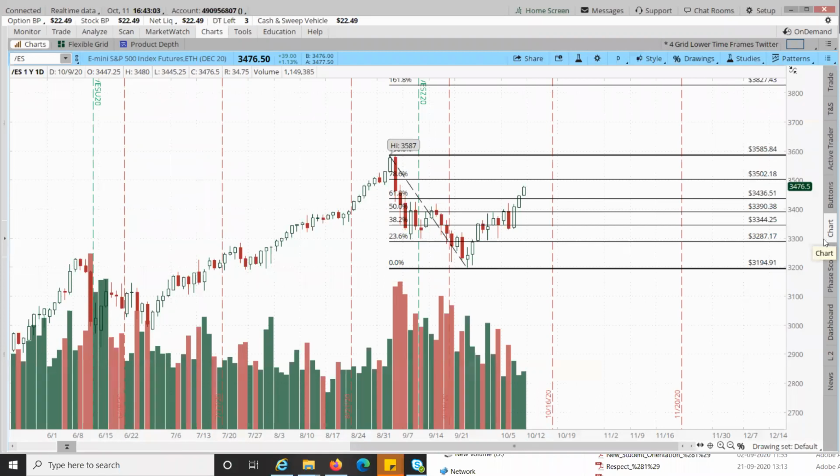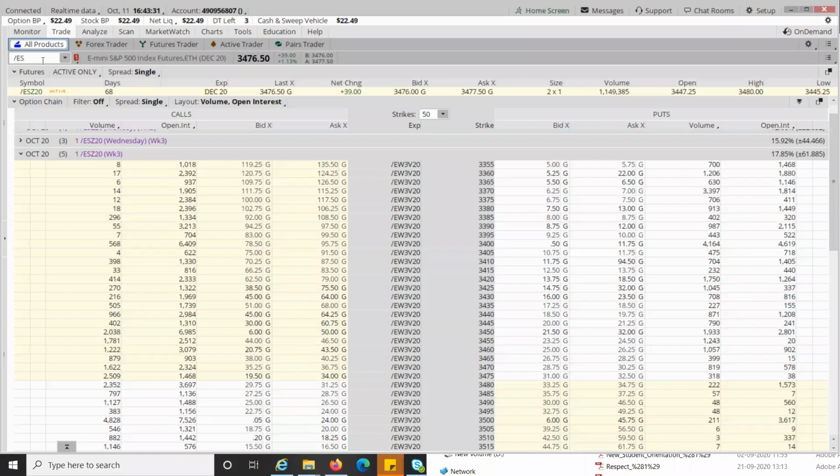See, first, let me ask everyone, how many people know what is an open interest? Yeah, I know. I asked that question. No, because you asked it, I want to understand from everyone else. Because open interest in futures is different. Let me just show you. Future trades, open interest.